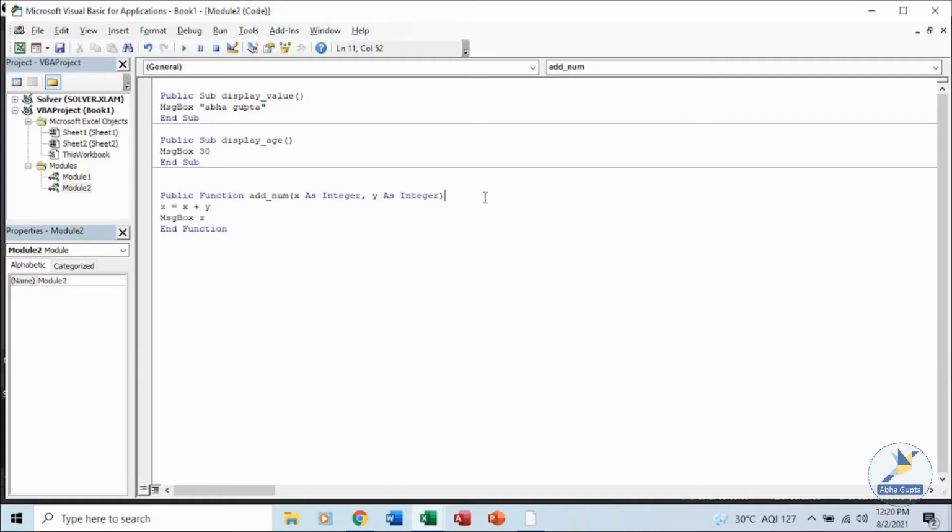So let's make use of a conditional statement over here. Say I have done the calculation. Let's see how we can use if over here.